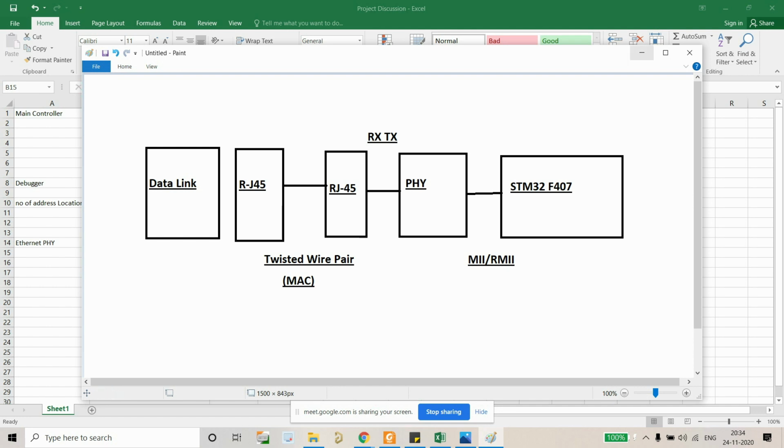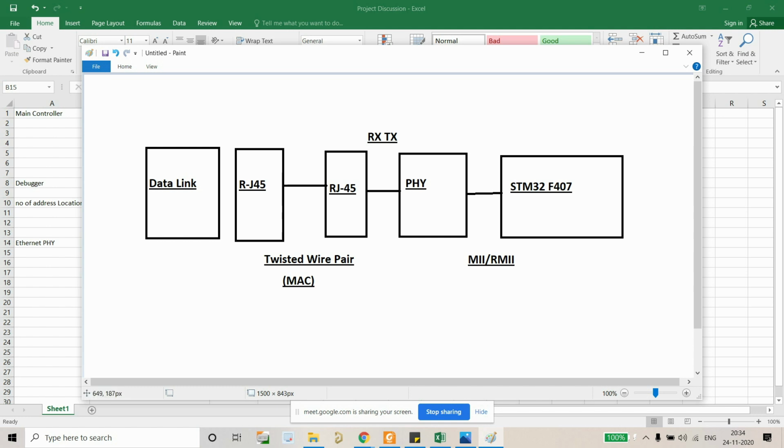But after RJ45, you directly connected the data link layer. We can connect only from physical layer to physical layer, correct? See, on the data link layer, we can connect multiple physical layers. No, after this RJ45, the second RJ45, it should go to the physical layer, then connect to the data link layer. So the physical layer also needs a PHY between those. Yeah, correct. Here I'm just considering that the data link layer already has a PHY.